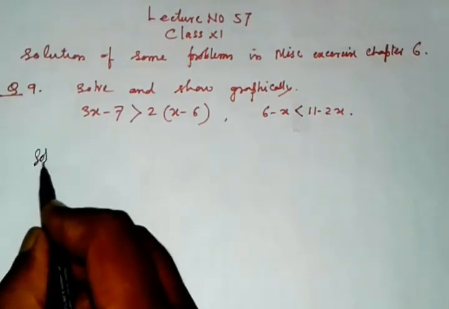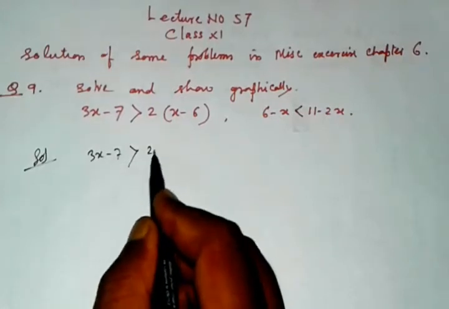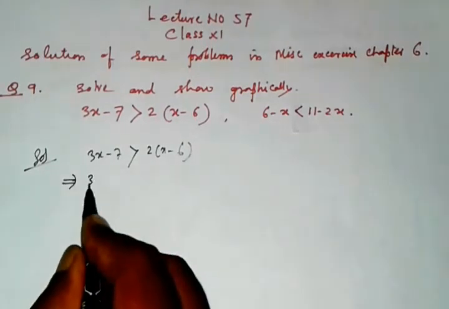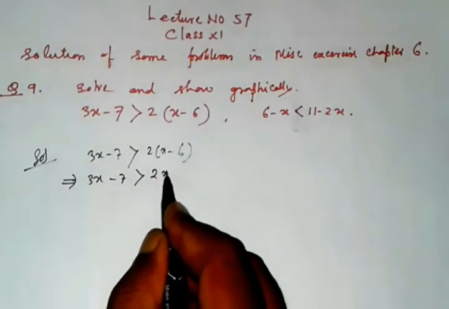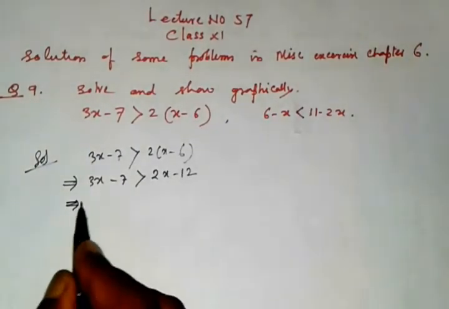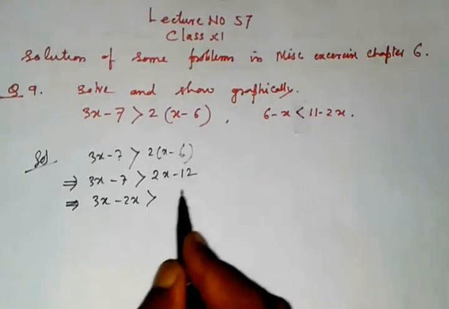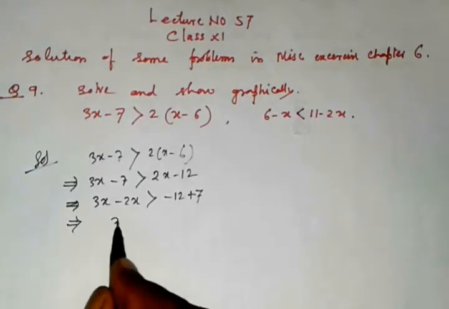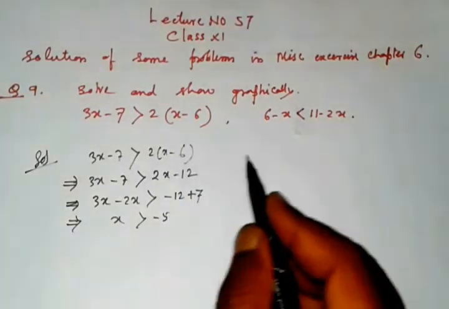The solution: the first inequation is 3x minus 7 greater than 2x minus 12. That is first. This implies we can write 3x minus 2x greater than minus 12 plus 7. This implies x greater than minus 5. This is the solution for the first